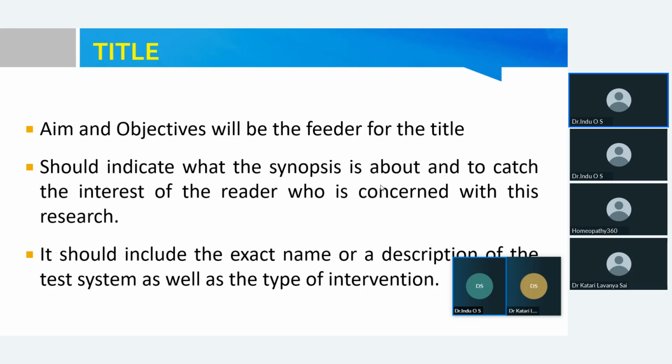So the next heading is objectives of study. Under objectives, you can mention your prime aim as well as the secondary aim. One thing you have to be very careful about is framing objectives. Suppose you are framing three objectives, then you should include three results in the result section of your dissertation.